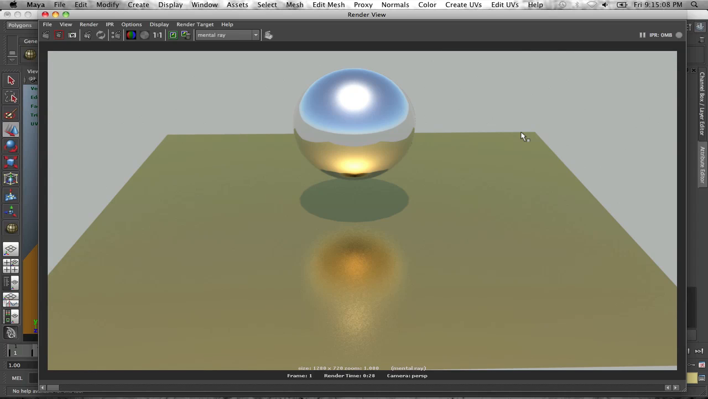Alright, welcome back folks to another tutorial in Maya. So for this tutorial we're going to go over Mia material shaders. Basically this is the result of a Mia material shader